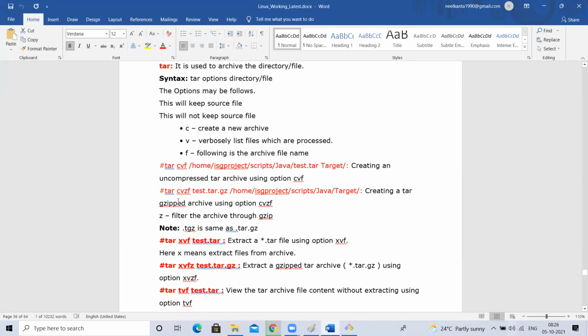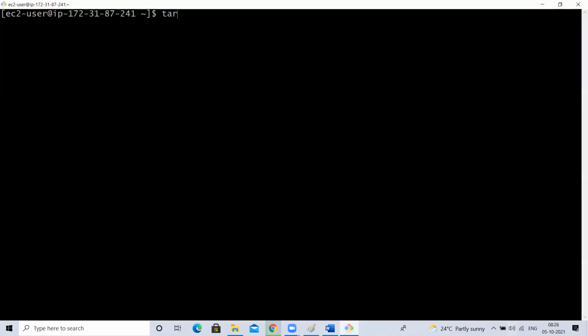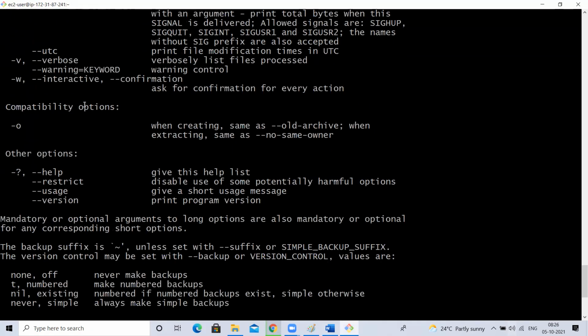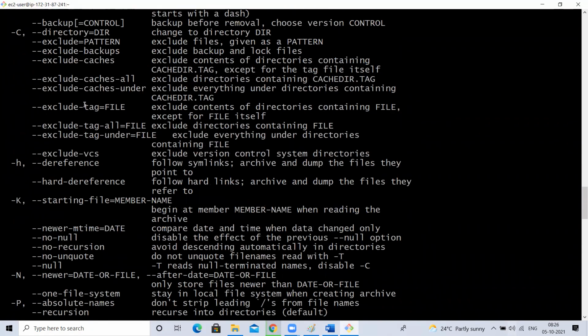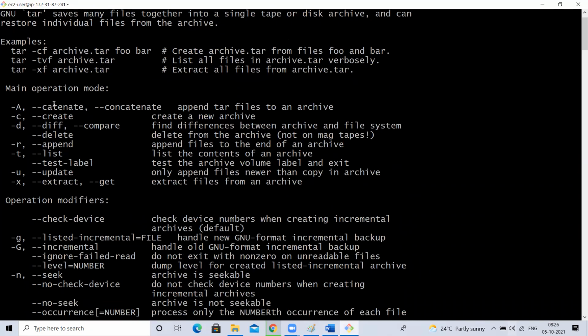Same way how we create, let me first type tar hyphen help. There are different options we can pass to tar. C means create, X means extract. These are two important things. Next, V means verbose.